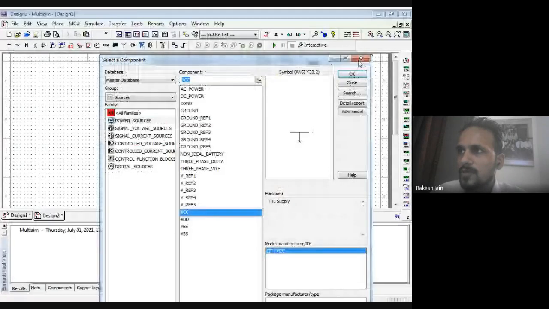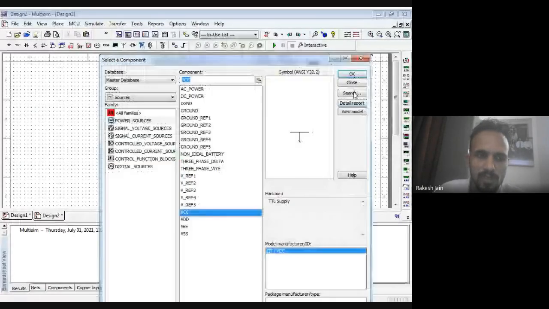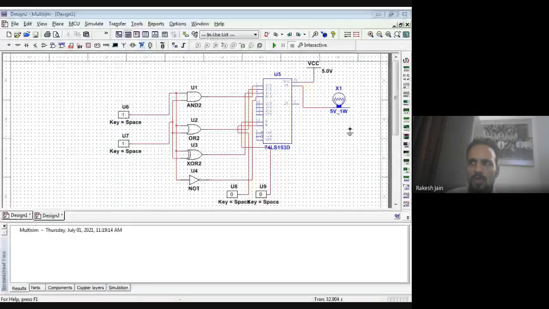If you wish to come to the source, click on source and then select the ground. Now connect this ground to this. Now my total circuitry is complete.